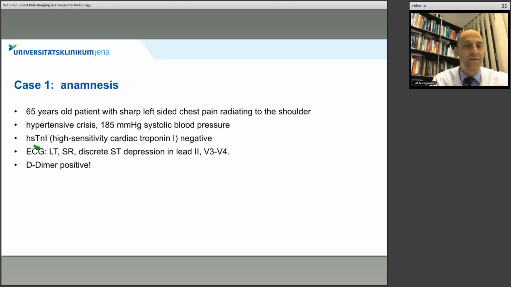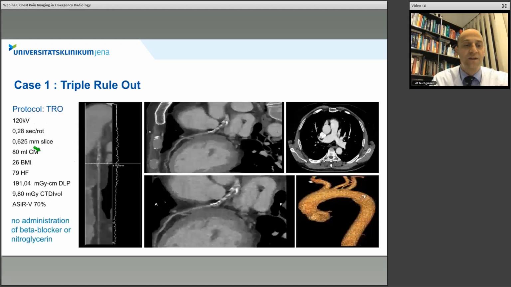In the EKG, we had ST depression in leads 2, V3 and V4, and the D-dimers were positive. So in this case, we decided to go for a triple rule out protocol